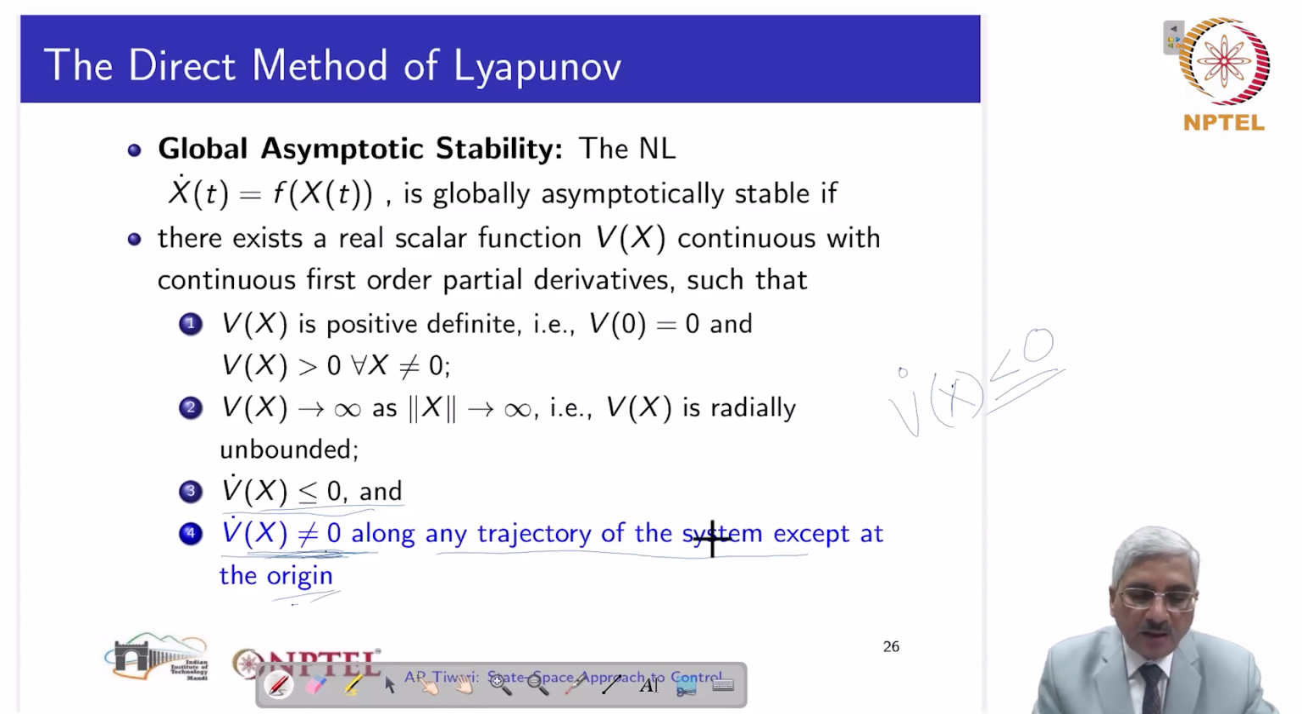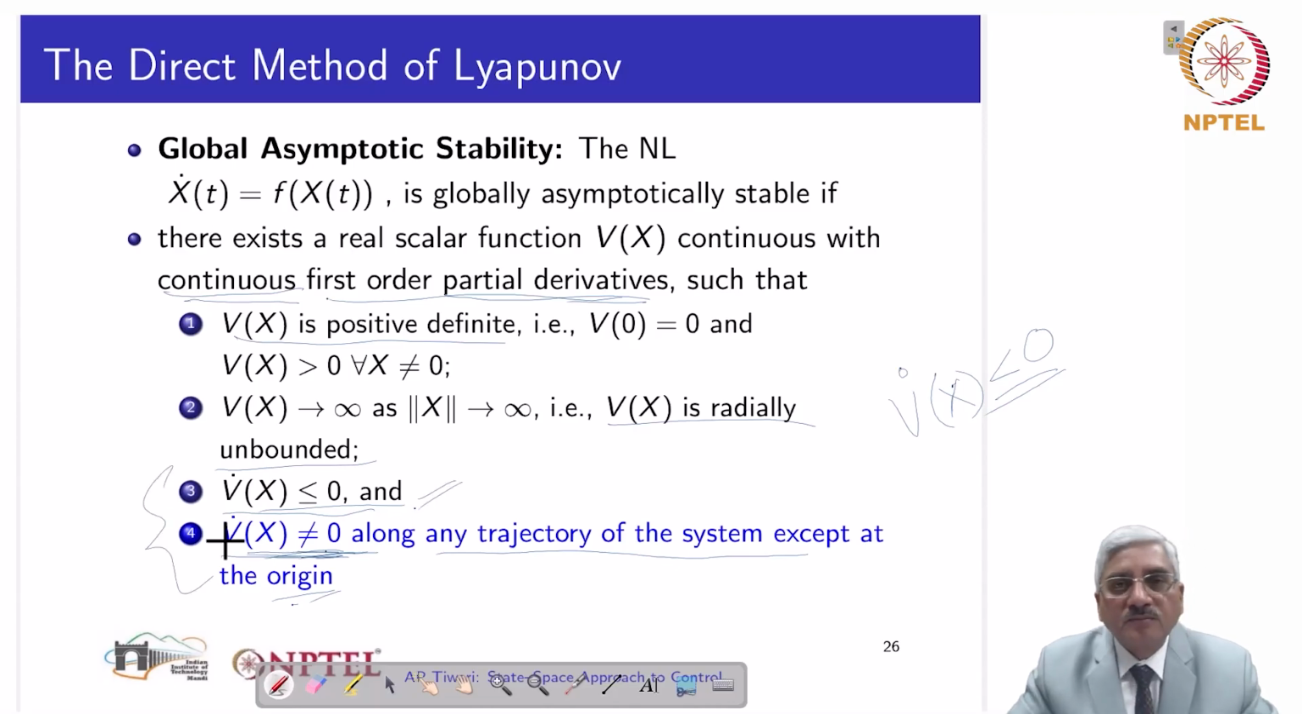So if these conditions are satisfied: first thing is that V(x) should be continuous. Second thing is its first order partial derivatives should also be continuous. Third thing is it should be positive definite. Fourth thing is it should be radially unbounded. Fifth thing is